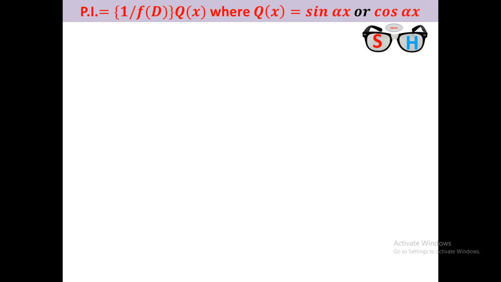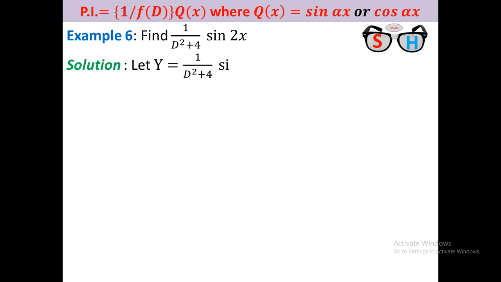But we have to solve it. For this purpose, we consider the same problem. We take y as 1 by D square plus 4 of cos x. If the problem is 1 by D square plus 4 of cos 2x in place of that, the solution will be the same. You have to take y equal to that and x equal to that. Here we find y in that problem, but if the problem is cos 2x here, then we will find capital X. Okay, this is the difference, but the calculation is the same.